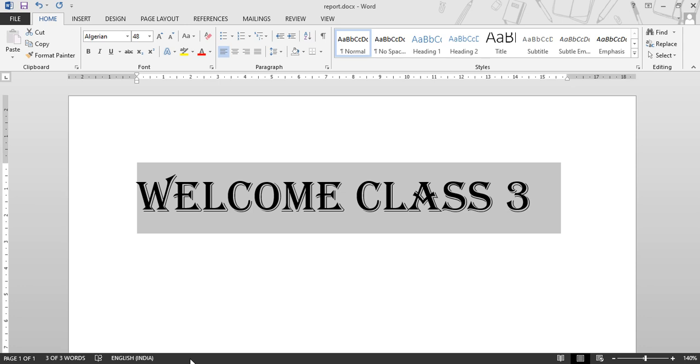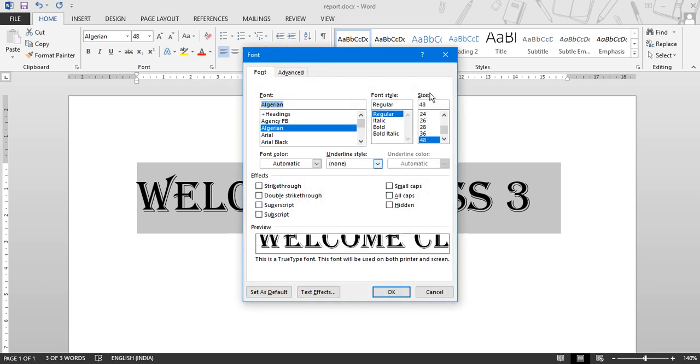If we click this icon, a dialog box opens related to that group. A dialog box is a new window that pops up. It has options that you can select as per your choice. For example, if we click on this icon, it will open the Font dialog box.